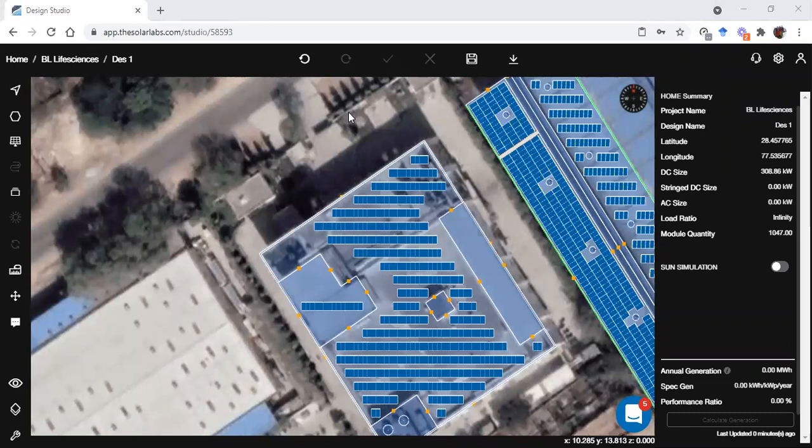Can we extend some 2 3 panels from out of the building in case of a smaller roof area? Okay, you want the panels to be in a hanging position.